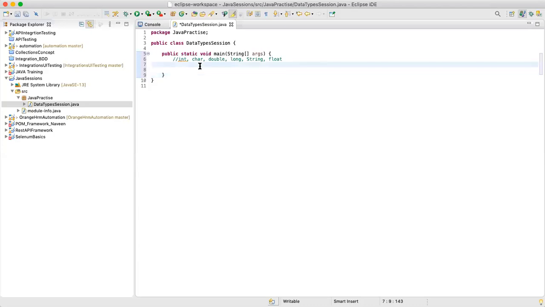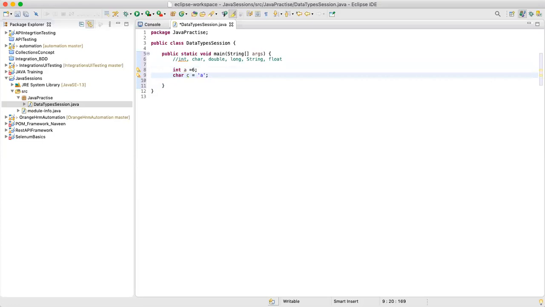Okay, so let's assume integer. Now we are dealing with integer. You can simply say integer and give a value. Let's say the value is equal to 6. This is your integer. I know these basics, most of the people are aware of this, so we'll just quickly go through this. If you want to say a character, you can simply say character.